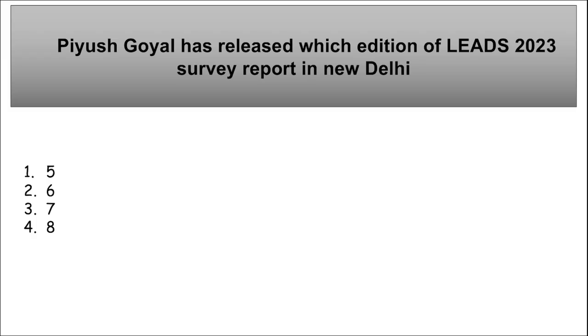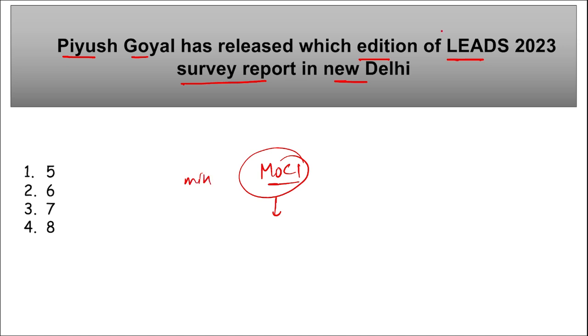Let's start. First is Piyush Goyal has recently released which edition of Leads 2023 survey report in New Delhi. So remember, our Ministry of Commerce and Industry, right? Here who is our Union Minister? Piyush Goyal. Either the ministry can be asked or the name of the person can also be asked, that who has released this Leads survey report 2023. So this was released by Piyush Goyal, or if the name of the ministry is asked, Ministry of Commerce and Industry,